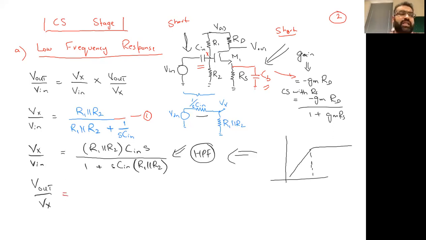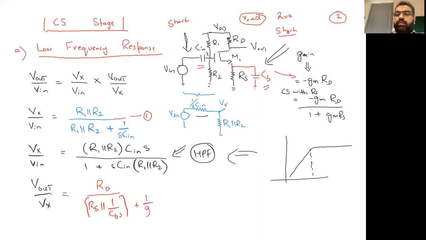But let's come back to the Vout by Vx and see what kind of characteristics it gives. So let's do this Vout by Vx. We all know this Vout by Vx. If I want to find the gain, Vx is here, Vout is there, so it's going to be load. Again we are assuming r0 is equal to infinity, and lambda is equal to 0. So I can ignore small r0. Now this RS is in parallel here, so we can write RS in parallel with